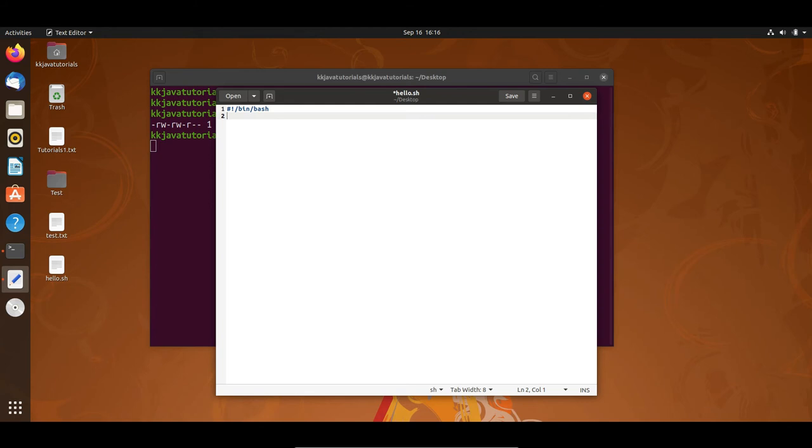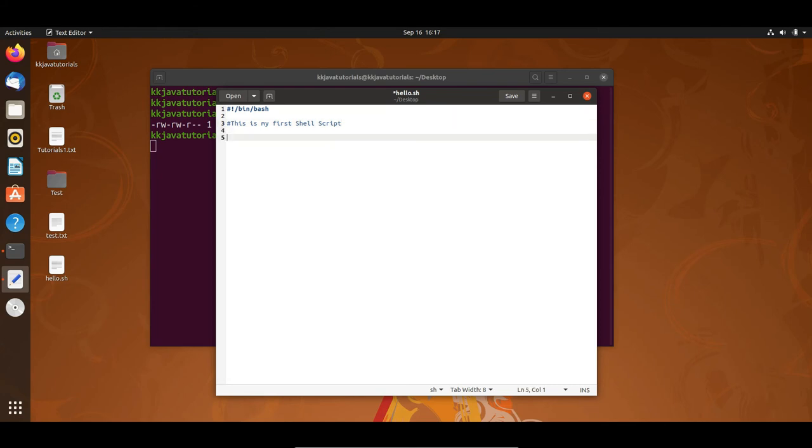Now, as you know, when you start working in any programming world, giving a comment is a very good practice. So here you can even specify some comments, and comments in the shell scripting world always start from hash, right? The first line starts with hash but that is not a comment. But otherwise you can write comments in shell scripting, and they should start with the hash. Here I'm going to write: this is my first shell script,